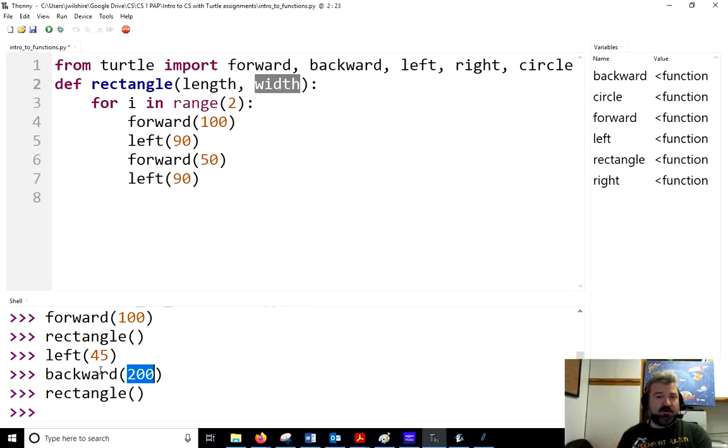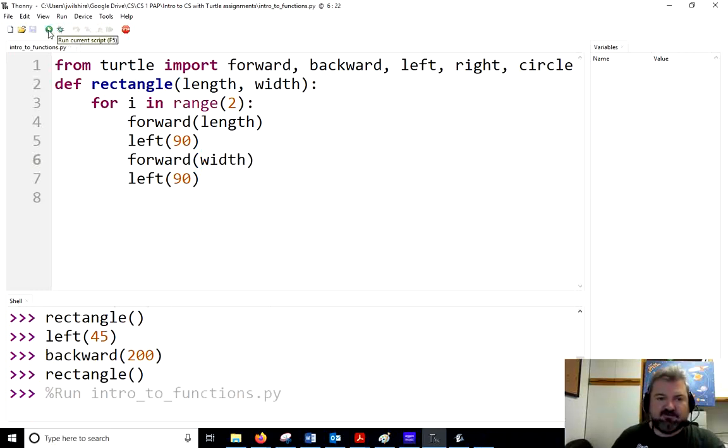But the person calling the function puts in an argument, and that argument will go into the parameters of the function where you have written it. So where you're writing a function, they're called parameters. So length and width, we got 2 parameters, so you'll have to supply both of them. And then we can change this to say forward length. Okay, and then forward width. So now if we try this out,